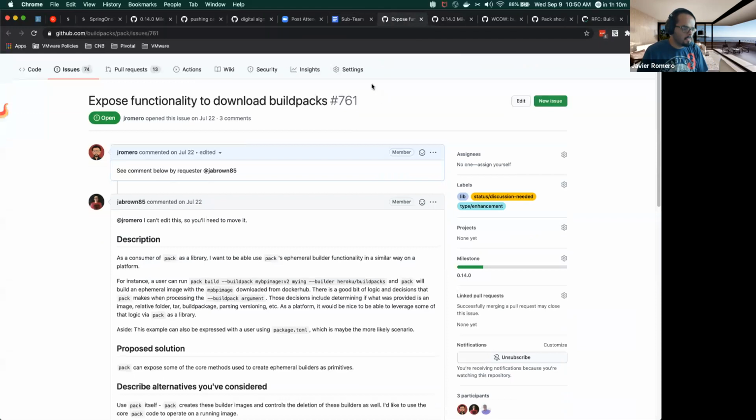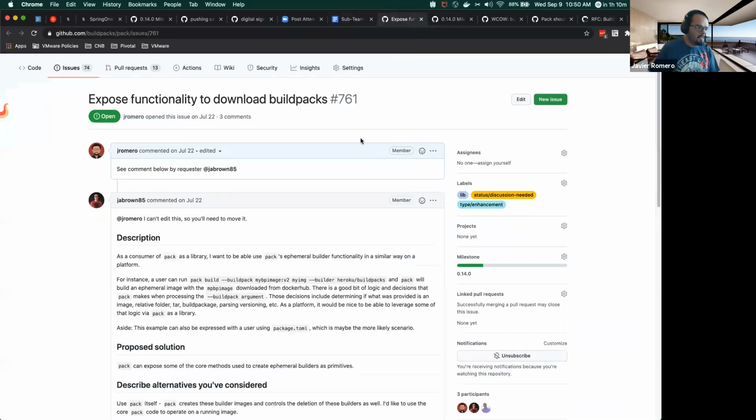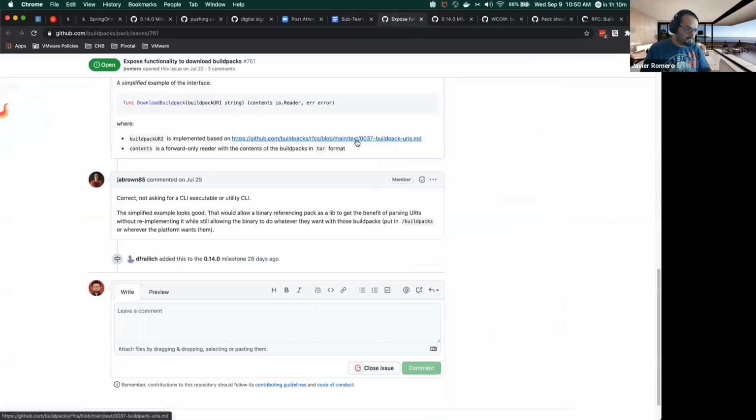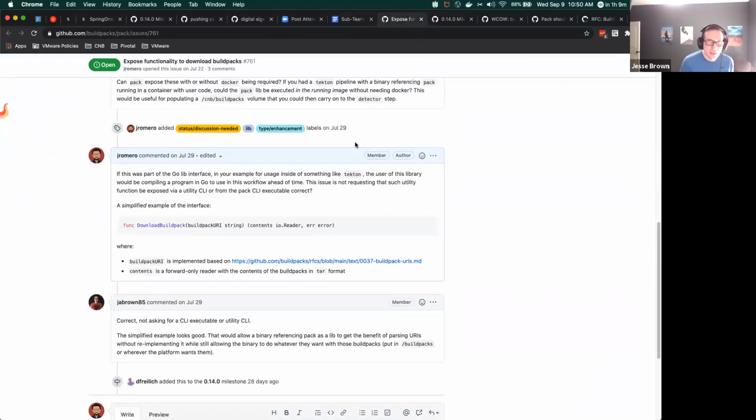Okay, yeah, Jesse, let's talk about that. Yeah. Expose functionality to download build packs. I think this was a starter discussion on pack as a library instead of pack as just a CLI. In our particular use case, with pack you can specify build packs via the CLI. You can do it through the library as well, but they have to,